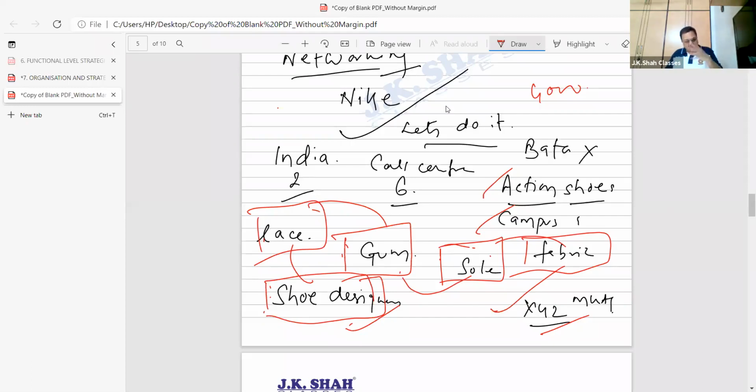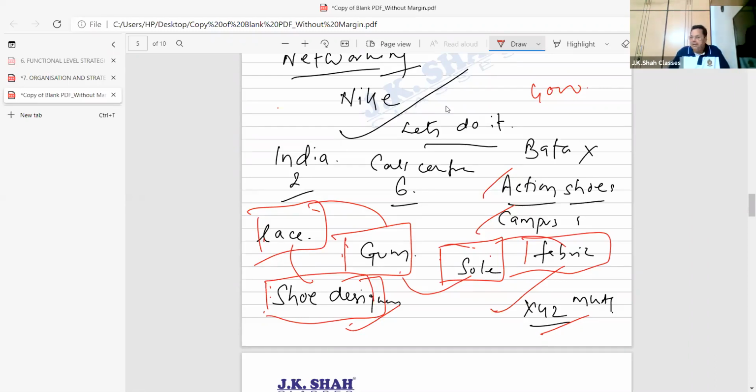After 6 months, I will tell Nike, get lost. Now I'll start making shoes like that. So Nike has first only asked them to enter into an agreement. How many years? 20 years. For 20 years, you'll make shoes only for Nike. You will never copy these shoes. You can continue with your Action shoes, but your Action shoe will be different, not like Nike.